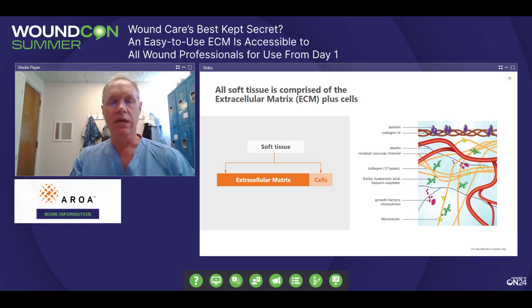So all soft tissue, if you just pick up a little piece of your skin and look at the elasticity and the resilience and how your skin goes back to its natural state, that's because of the extracellular matrix and the cells within that maintain those very important characteristics and quality. So within that soft tissue, we want both cells and extracellular matrix. Interesting about the Myriad and the Endoform is, again, it helps pull those cells into its predefined, highly structured architecture to help facilitate utilization of all those 150 different types of elements that we just talked about to maximize wound